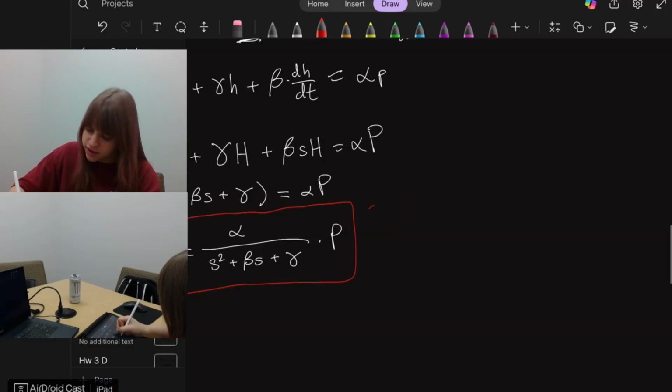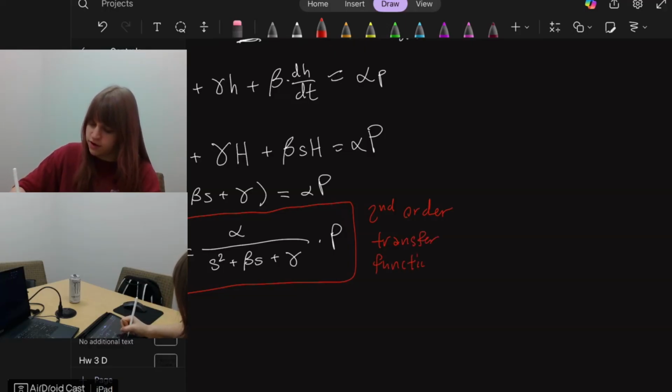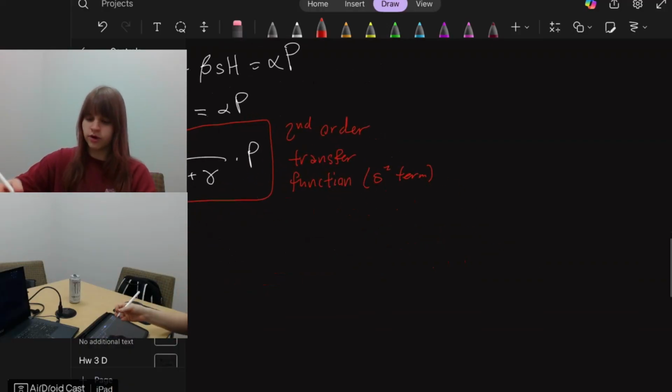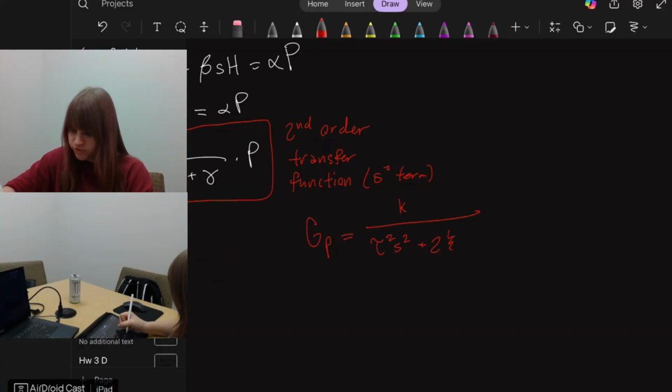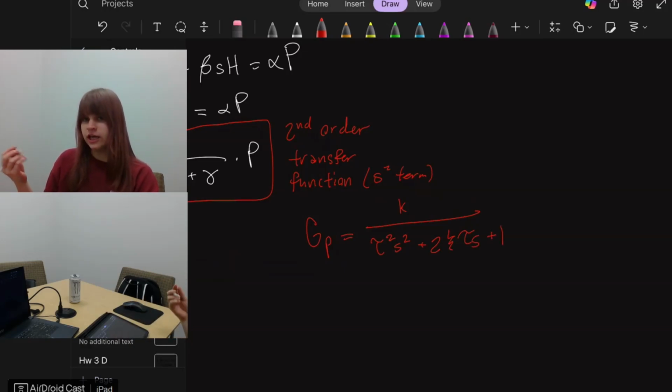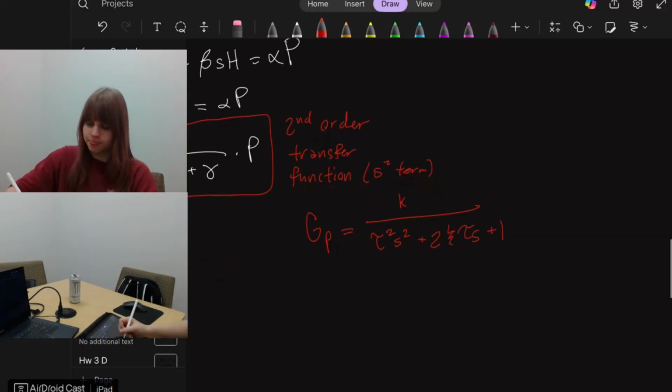This is a second order transfer function, and that is because of our s squared term. So the standard form for a second order function like this would be something like Gp equal to K divided by tau squared s squared plus 2 zeta tau s plus 1, and this is something we'll be using in the code later on,